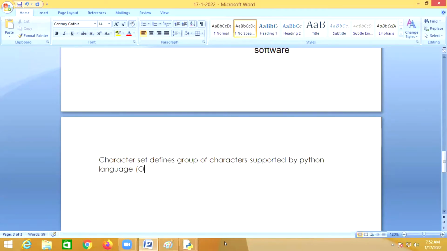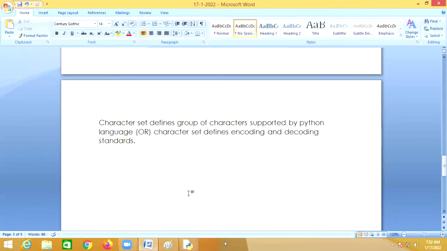Or you can say a character set defines encoding and decoding standards.